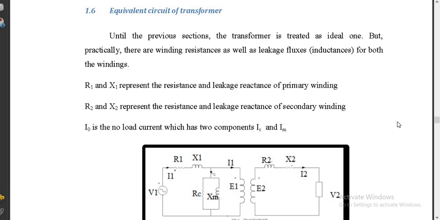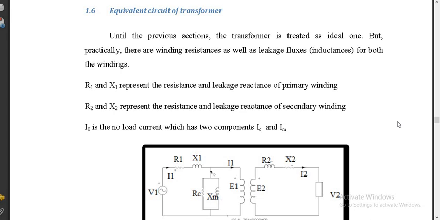So any leakage is something which is not following the desired path. So here when I say leakage flux, the leakage flux basically is the flux which is completing its path through air and not core, and it is completing its path from turn to turn. Okay, so when I say turn to turn, it will be such type of leakage in primary, and it will be such type of leakage in secondary also.